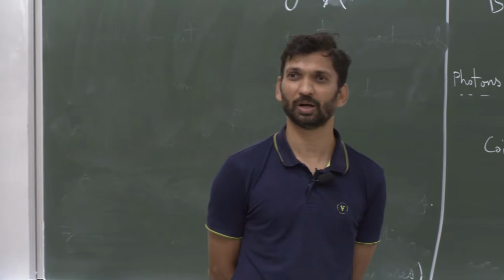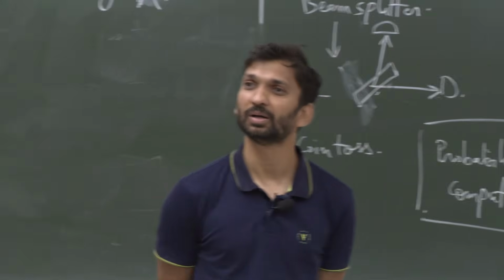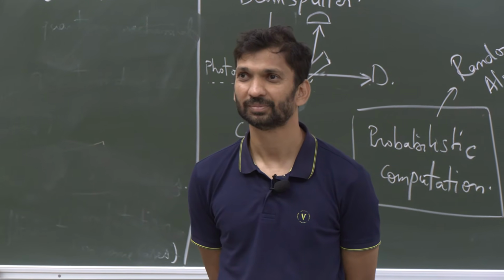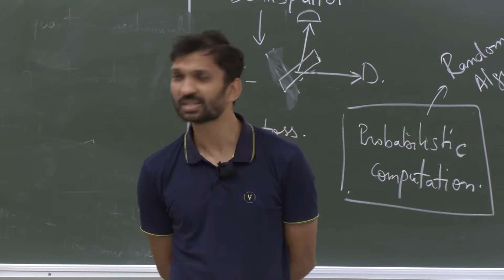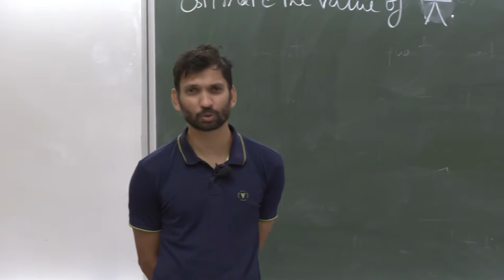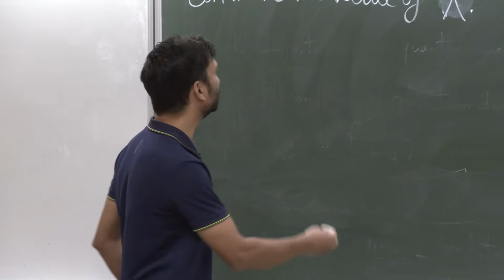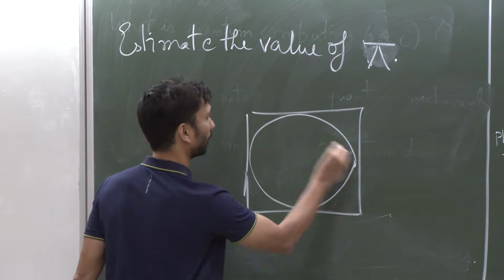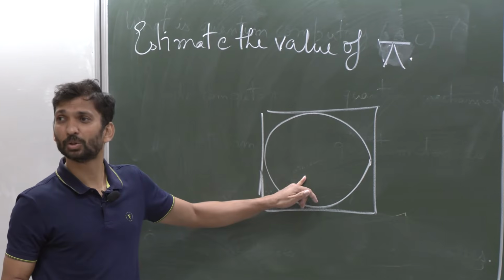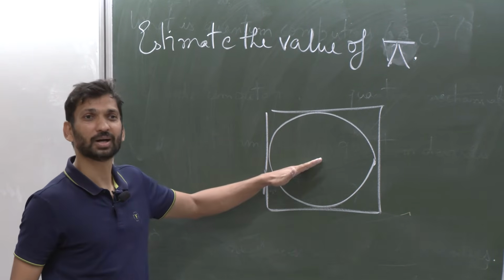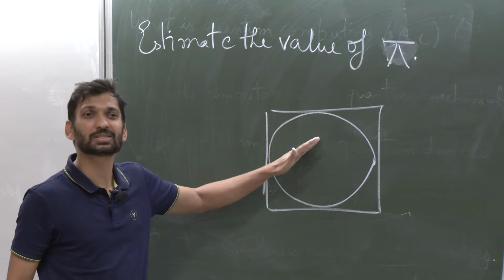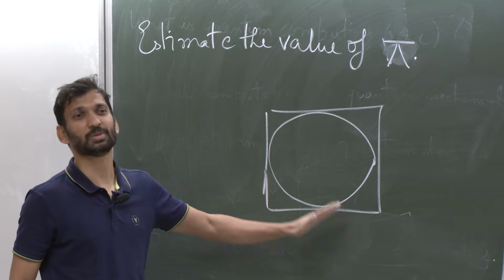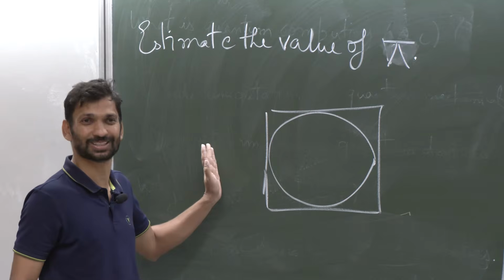Any very simple randomized algorithm? You have seen randomized algorithm? Yes, you go to a bar. For most of the problems in my course, you go to the bar, you can solve it. Right? What do I mean by that? This is your bullseye. You start throwing darts on this and count the number of darts which are inside the circle as compared to the total darts inside the square. I'm assuming you are not that bad that you will hit outside the square.